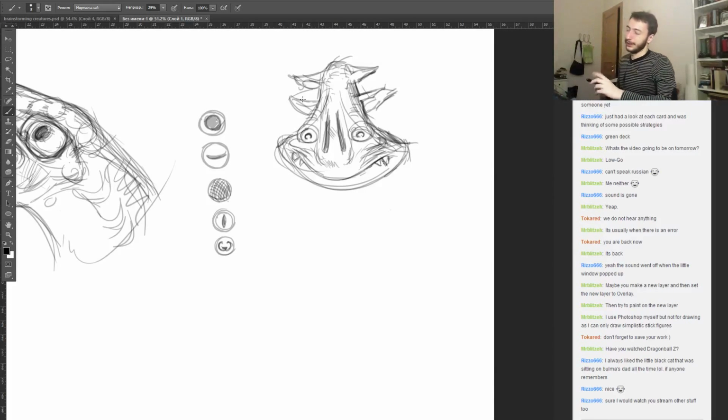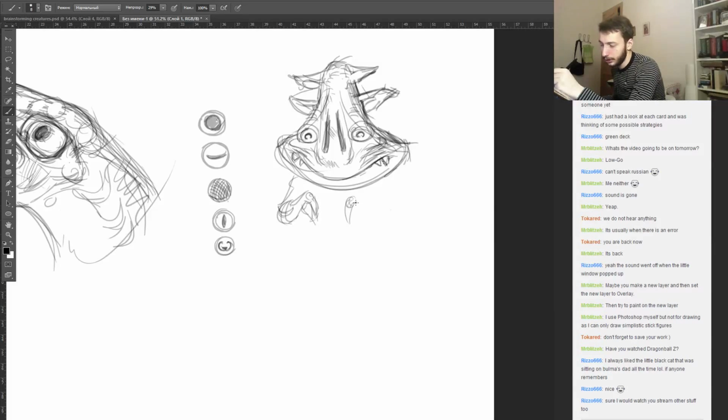head he has. And he doesn't really look like a science fiction alien. He looks more like a fantasy creature, and that's exactly what I was going for. My game is not science fiction. It doesn't have much to do with the real world. Science fiction usually means that it's based on science, and my game, it could be turned into science fiction, but I want it to be science fantasy. Oh no, not science fantasy, space fantasy,